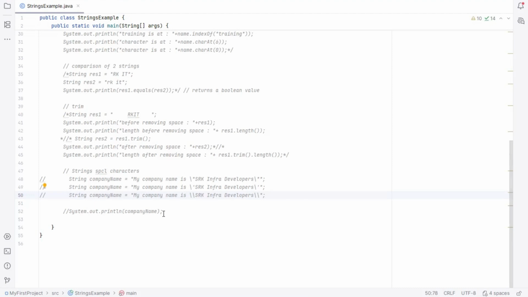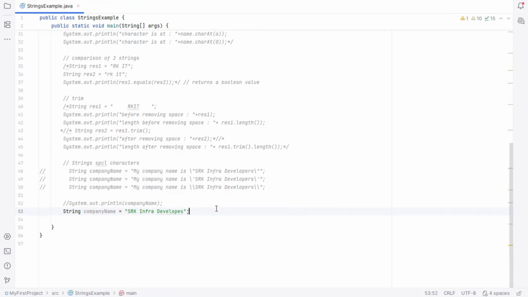Can you just take one string, company name, is equal to, we'll just write only the company name, SRK infra developers. So now what I want you to do is display the infra developers at the second